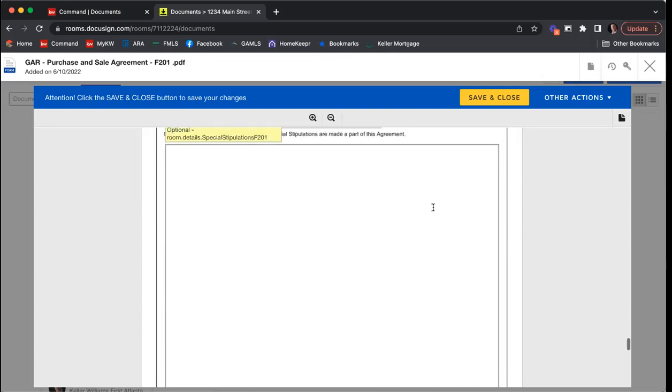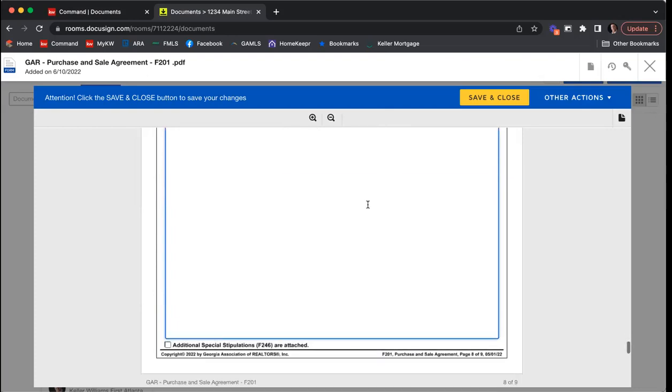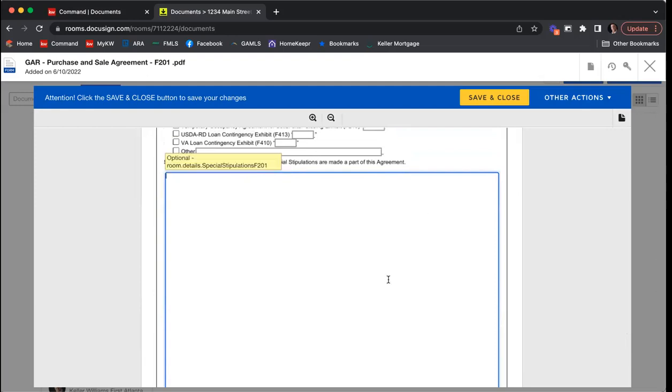Now we have our special stipulations. So we're going to include any special stipulations that we want to include with this offer. Thankfully, the Georgia Association of Realtors has reformatted this so we can actually type in some stipulations here. So you can start typing in your stipulation, more steps, lots of steps,